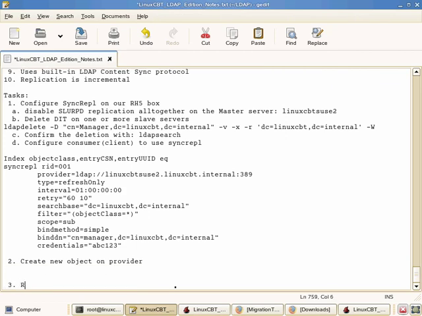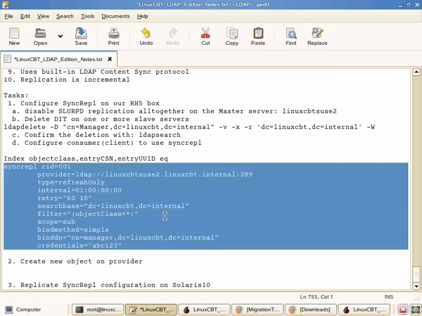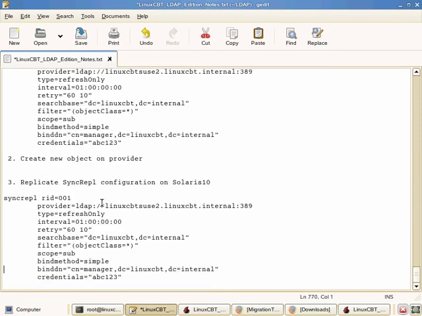So our third task is to replicate the SyncRepl configuration on Solaris 10. We'll copy the SyncRepl block. The RID can be the same, but just to keep it distinct, we'll make it 002, and it will point to the same LDAP provider using either refresh only or refresh and persist. If refresh only, then set a low interval such as every 5 seconds, similar to SlurpD replication,